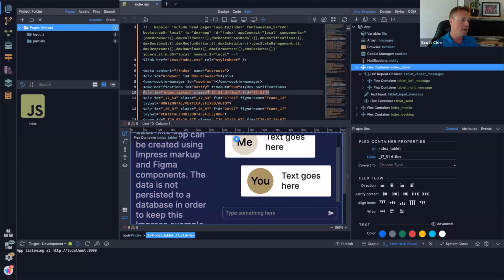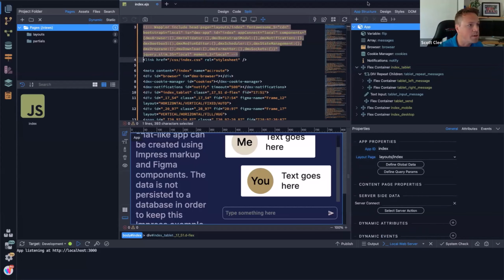Now, what I've done over here for the styling for this item, once upon a time I had it as ID, but I flipped it to a class, but I think I can put it back to ID now because I was trying to solve a different problem in the past. But basically, each item has its own unique class that is based off the unique identifier from Figma. And so all of the styling that's associated with this item is inside of